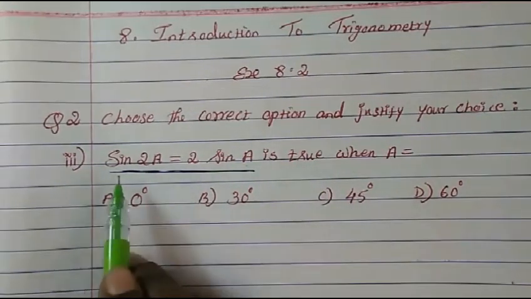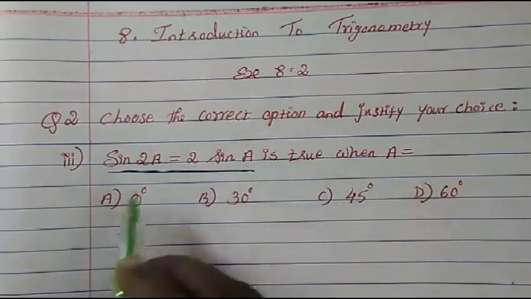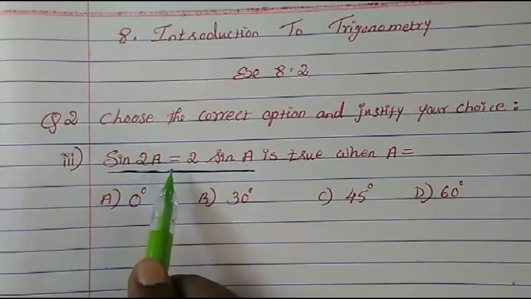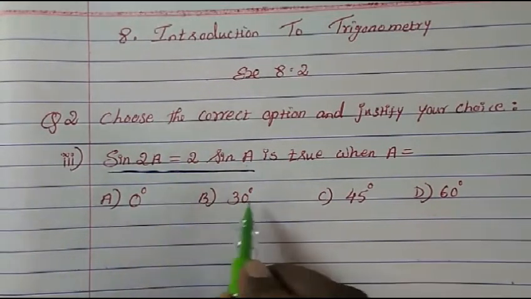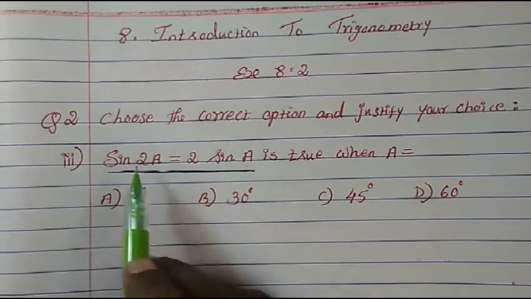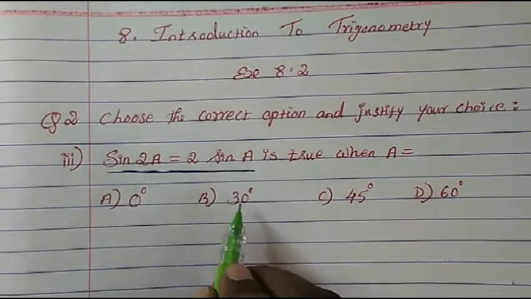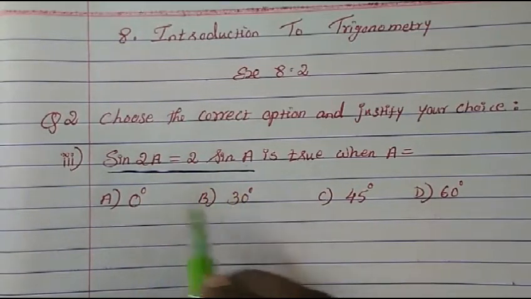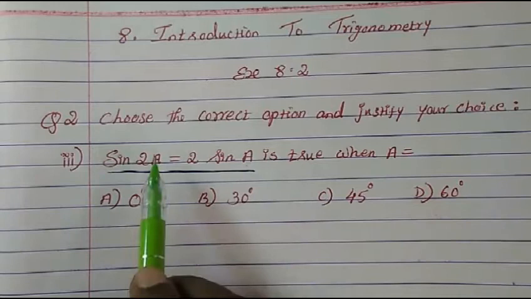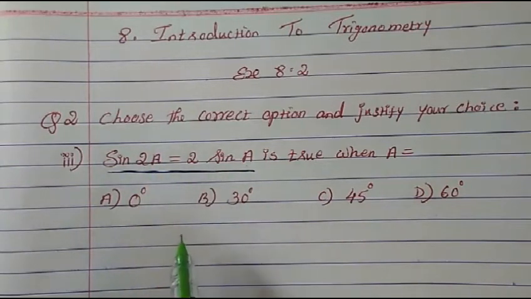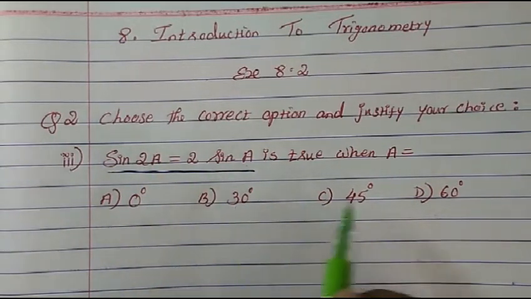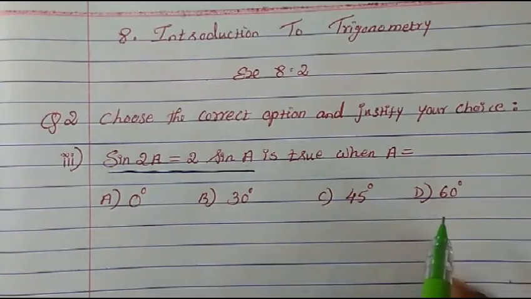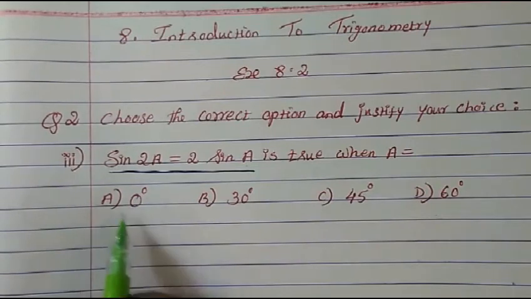So that means in a, we have to put first 0 degree and see whether both sides become equal or not. If not, we have to try with 30. Wherever a is there, we have to put the 30 degree because a stands for angle. We will put this 30 degree angle in the place of a and see whether both sides are equal or not. If that is not coming, then we have to check with 45. If not 45, we have to check with 60 degree. So let's check first with the 0 degree.